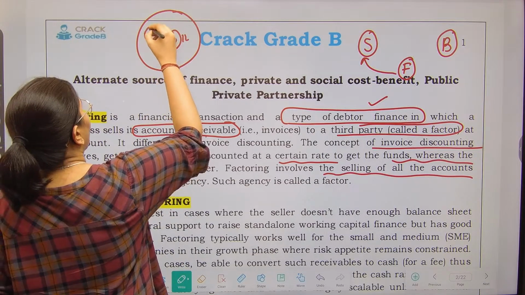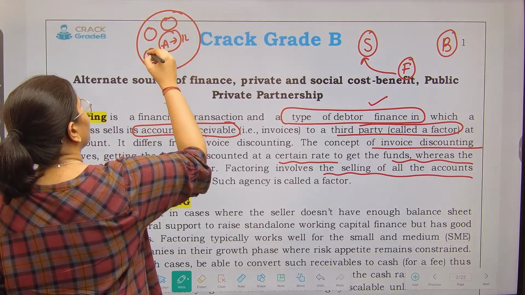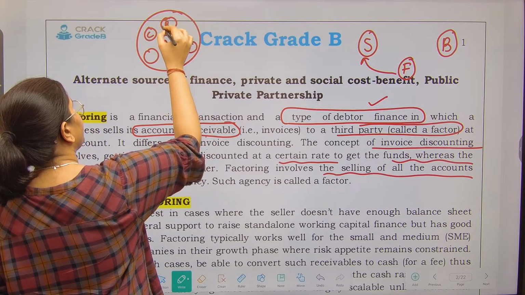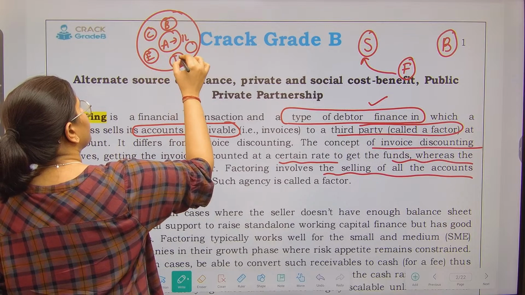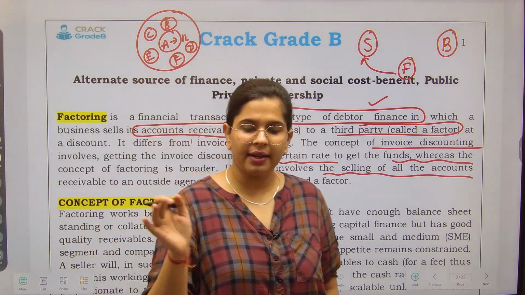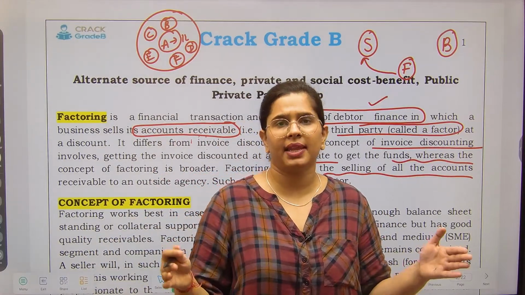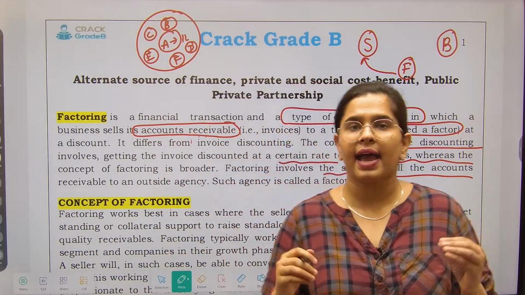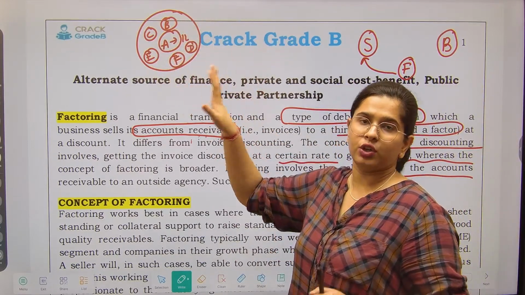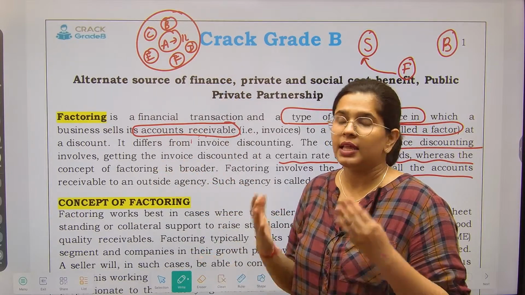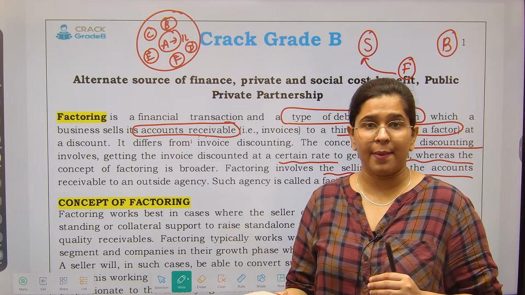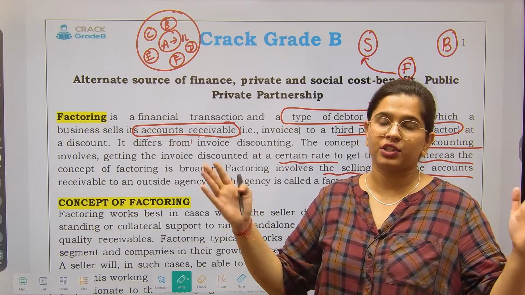But when I have given all such debtors like A, C, B, E, F, these are all my debtors, right? इन सारे डेटर्स को जितनी भी सेल्स मैंने की है, whatever sales I have done to all these debtors, I give this particular task to a third party. This is called factoring. So that means the crux is the same, but factoring is on a larger scale.